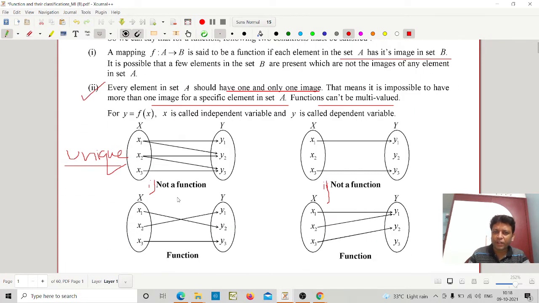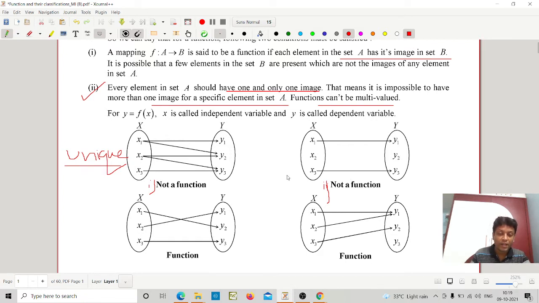So look at that. There are two conditions. Why is one not a function? Example 1, the pictorial one: x1 is related to two elements y1, y2. That is not possible in function. It must have a unique image. The word unique is violated here. So one to many is not possible in function. Function cannot be multi-valued. Many to one can be possible in function, but one to many is not possible. That is why x1 has two images, x2 has two images. So this is not a function because it's violating the word unique.